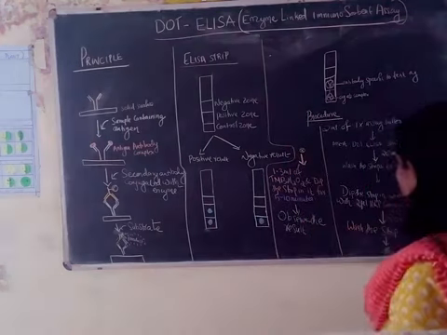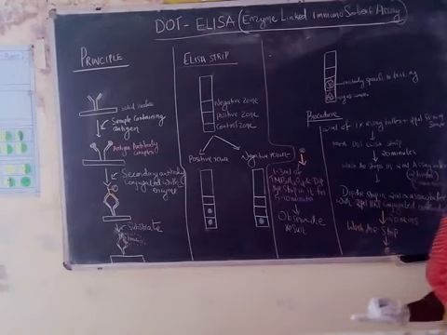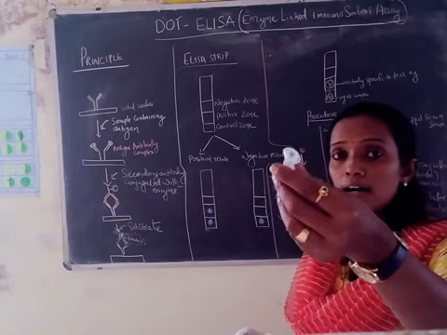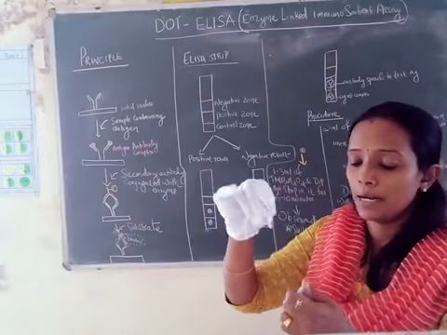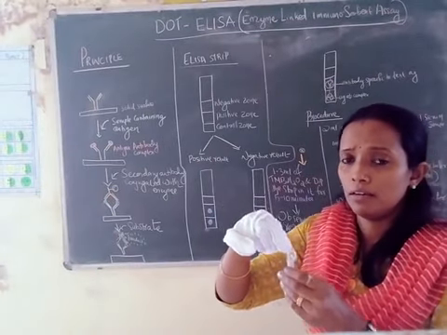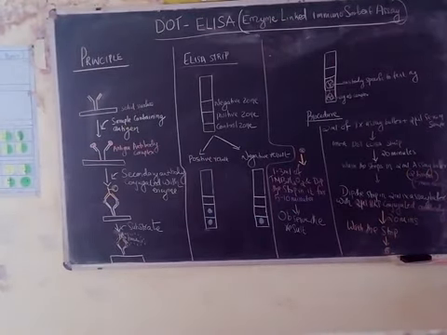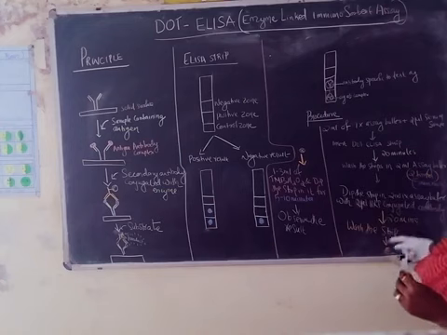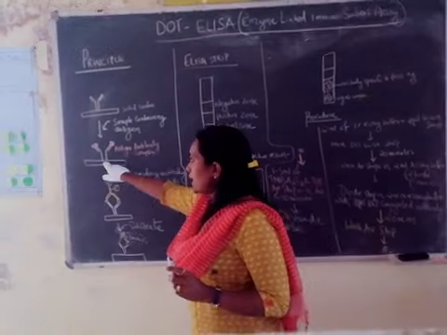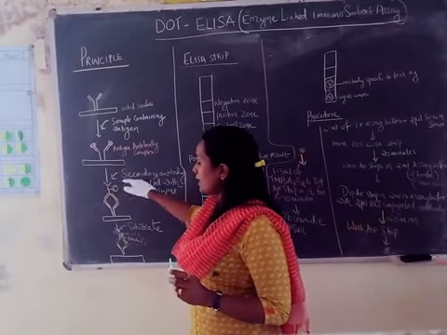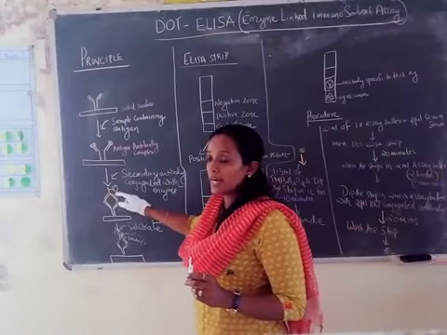Once that process is done, you need to dip this strip in 2 ml of 1x assay buffer which has an HRP conjugate. You can see here I have taken the HRP conjugate in an Eppendorf tube. You have to dip this ELISA strip into the HRP conjugated antibody, 2 microliters of it, and leave it for 20 minutes. So what is the reaction happening here? The antibody is already bound with the antigen, and now you are adding an antibody which is conjugated with HRP. What is HRP? Horseradish peroxidase.